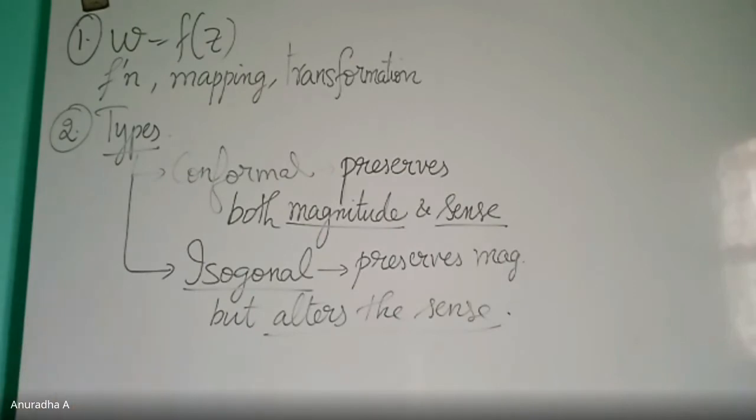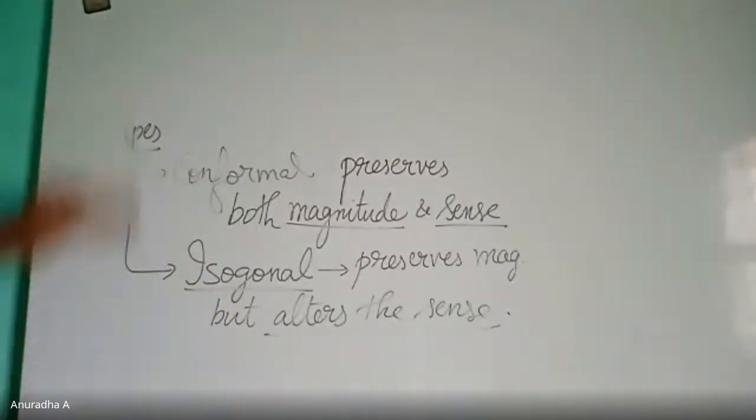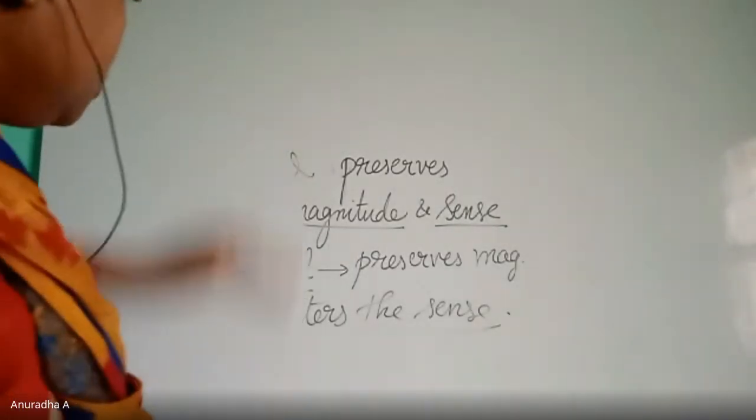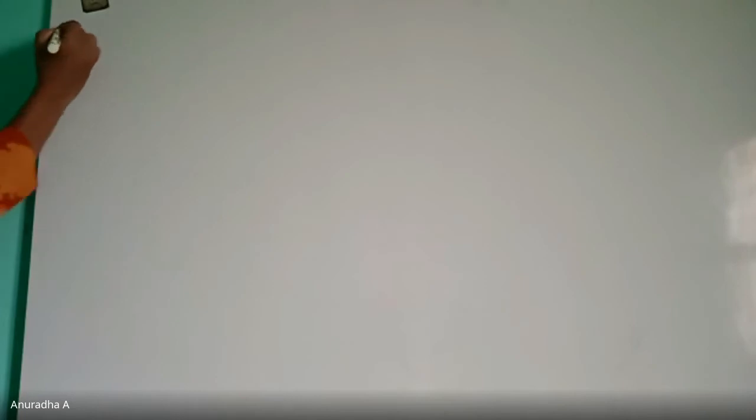If you have taken down, I will erase because I am going to form a table and put everything together. Is anyone taking down, or can I erase? Yes, ma'am, thank you. So the third point is again about some more types, depending on the particular function we are going to write. So we are going to form a table.